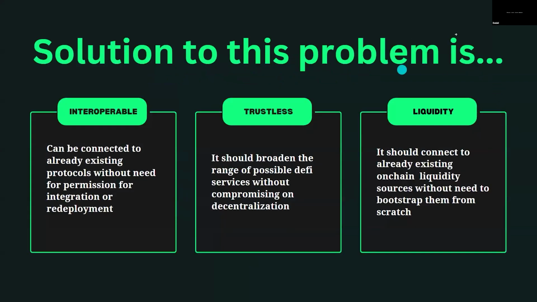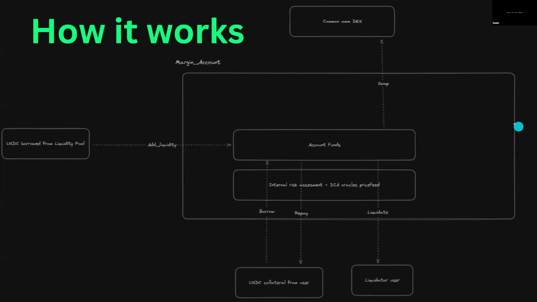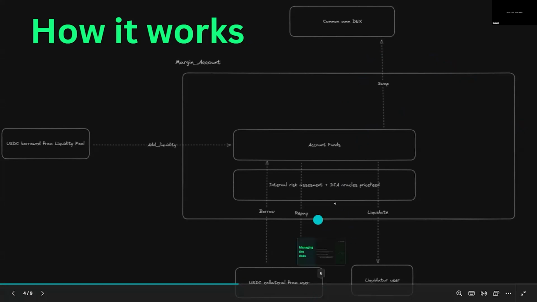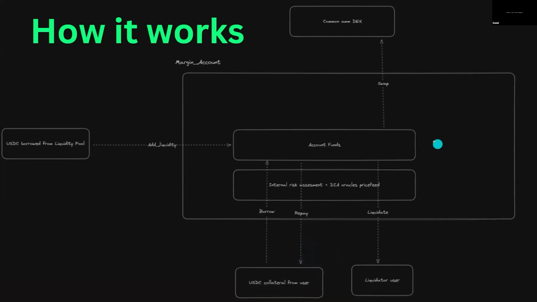I want to create a solution that would be interoperable with these protocols without compromising on decentralization, and would utilize liquidity that is already locked on some DEXs or other protocols. And the way it works right now, I don't know if it's easy to see this graph, but the user firstly borrows some USDC or any other token